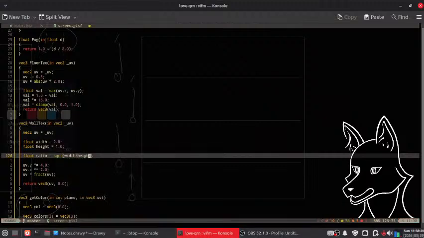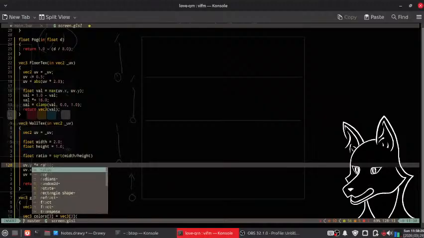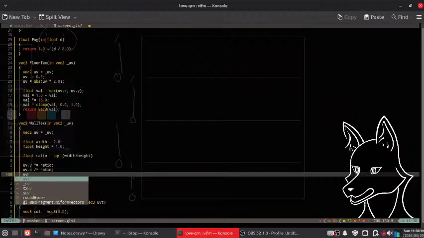I think that's the way that goes, because then I could do times equals ratio, and then this is a divide equals ratio, and then UV times equals